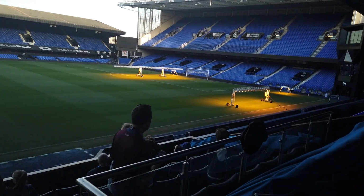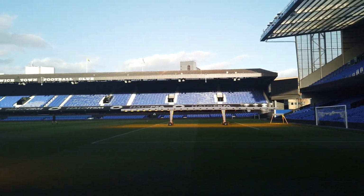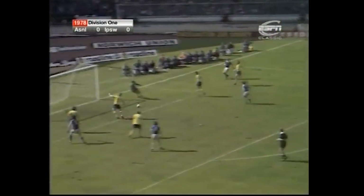For over a century, Portman Road has been more than just a football stadium. It's the heart and soul of Ipswich. From the roaring triumphs of the Bobby Robson era,